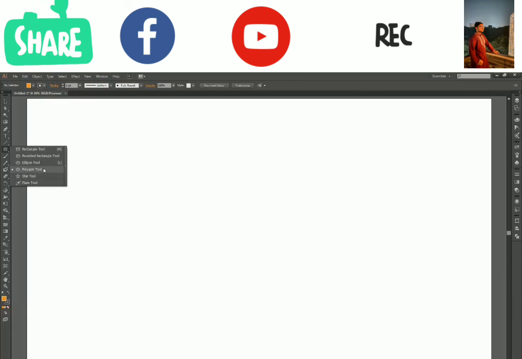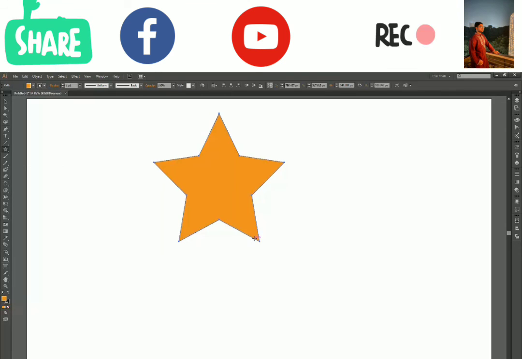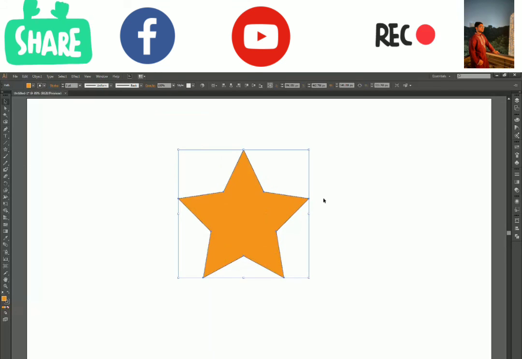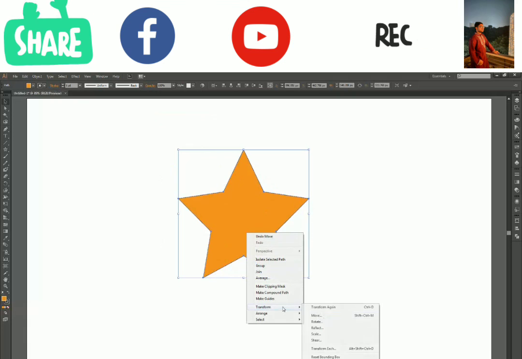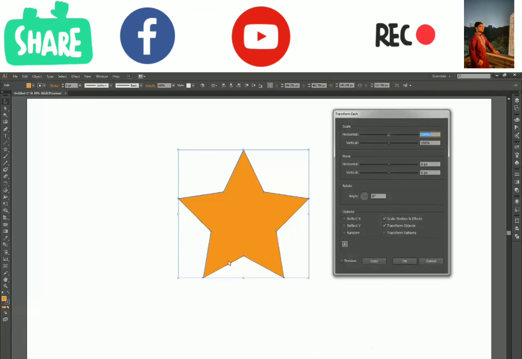For that, let's create a star. There I have my star shape. Right click on the shape, go to transform and then transform each. From here, what I want to do is rotate my star from the top center. So I go to this reference icon and click on the top center box.